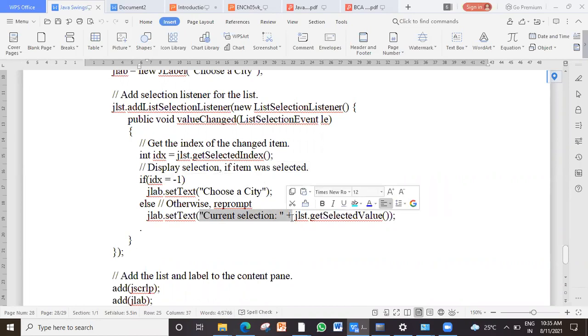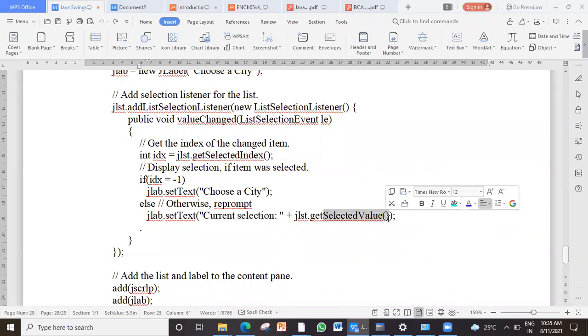Which one you have selected? I have to just say JList dot get selected value. So that index is just used to identify whether the user has clicked anywhere. Because what happens is if the user has not selected anywhere, suppose you don't write this part, directly write this part, that will also make your program work. But this will give an error in case the user has not selected anything and directly clicked.